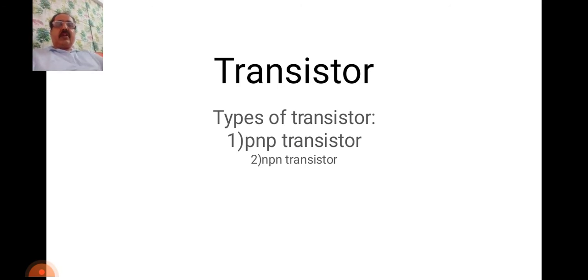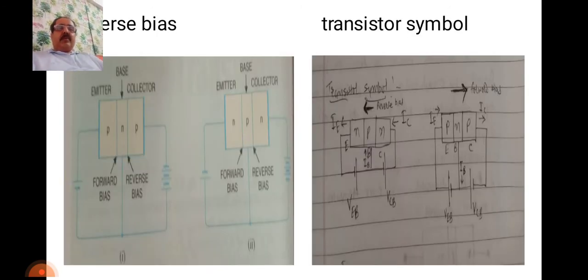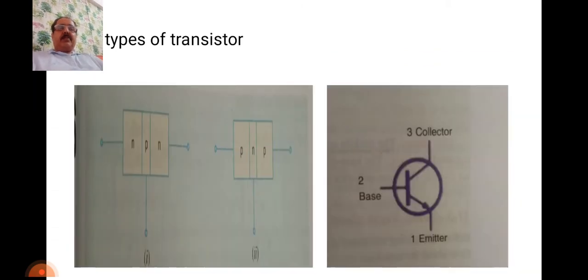We have to consider what are the types, the PNP transistor and the NPN transistor. Here you have to observe that in the NPN, the P terminal is a positive terminal, and it works as a sandwich here. Second, we have to consider the PNP transistor, where N works as a sandwich. That means the left and right sides are both P, and at the center we have N.